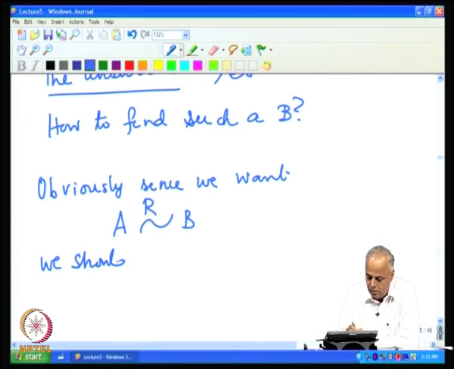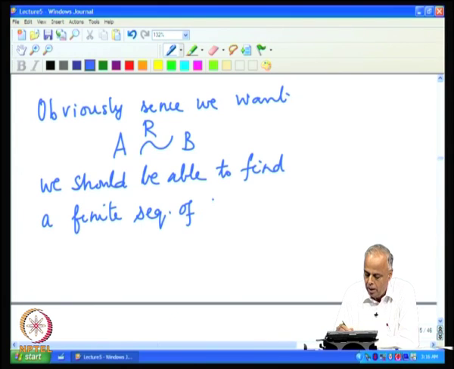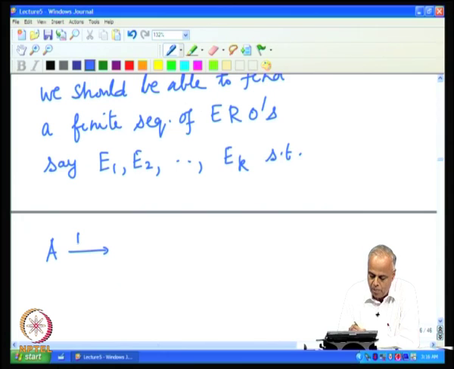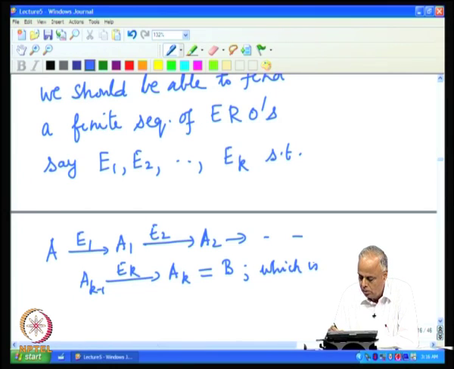We should be able to find a finite sequence of elementary row operations, because we want to move from A to B in a finite number of steps, say E1, E2, ..., Ek, such that when we go on operating, first we operate E1 to go to A1, then operate E2 to go to A2 and so on, and finally operate Ek to get Ak, and my Ak must be equal to B, which is in row reduced echelon form,